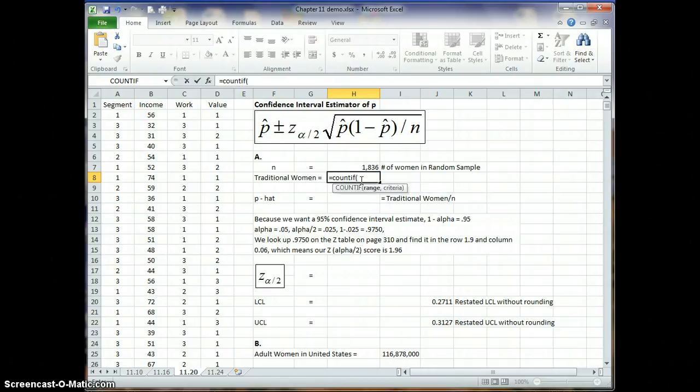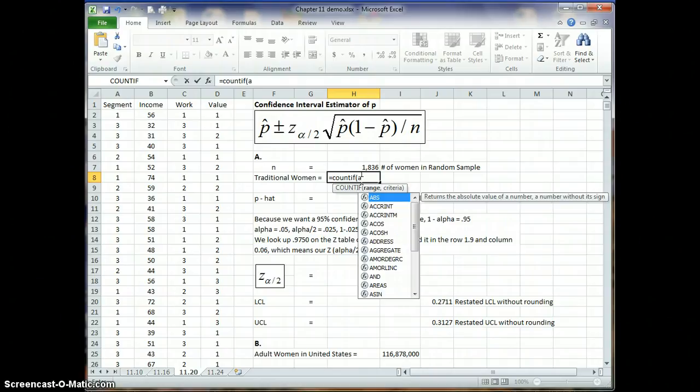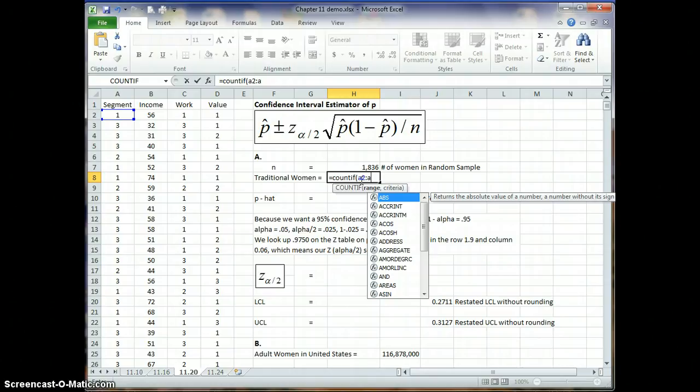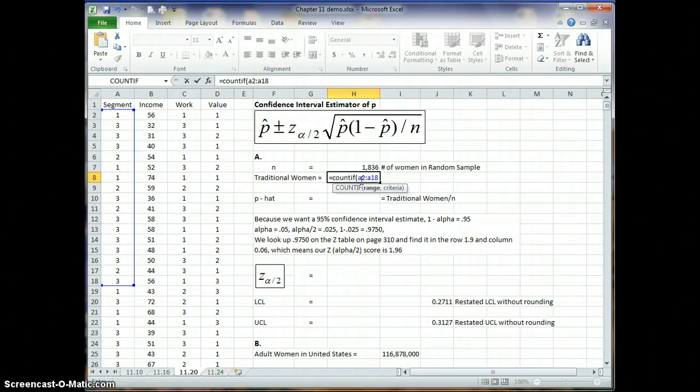So the range would be starting in A2, and it's going to go all the way down to A1837. And then the criteria to meet is, in order to be traditional, it needs to be code 2, close parenthesis, click the check, and that indicates